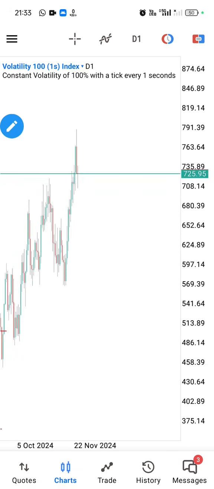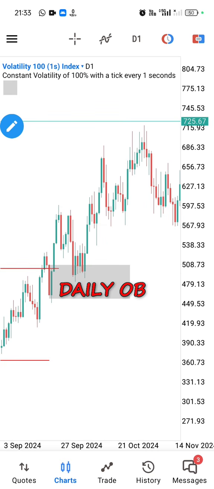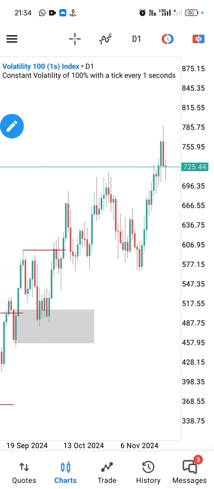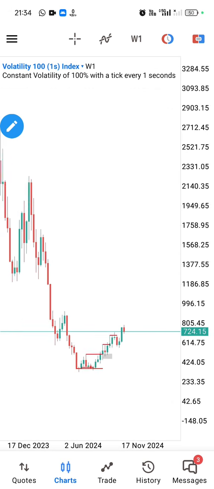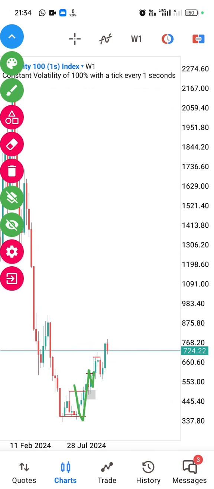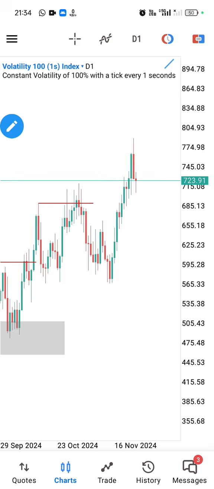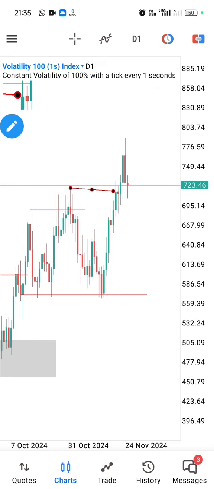So when it returned back down, you can see now it respected the daily, and then from there it broke structure, and you can see there's just that uptrend structure that it built. And of course, I don't know if that's a stop hunt or a BOS, whatever you classify it, because there's something like some rejection. So to me, it has to keep on shooting up on the weekly. You can see it right there. Now it respected that rejection block, and then that's when it made a huge powerful move up